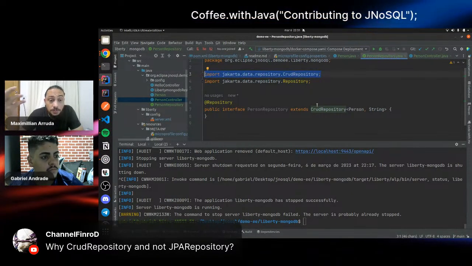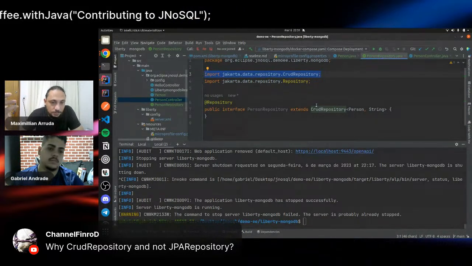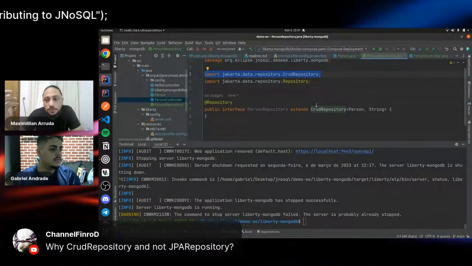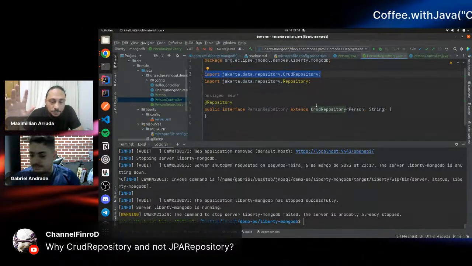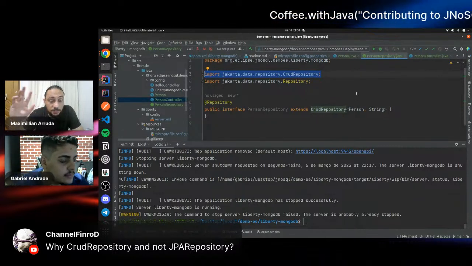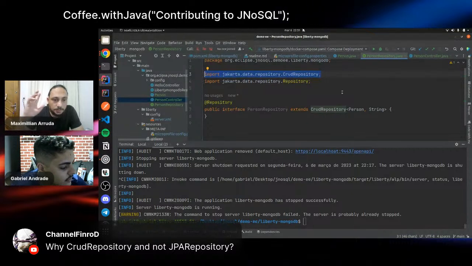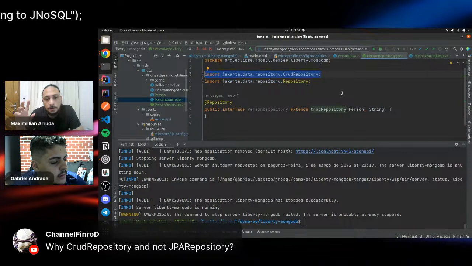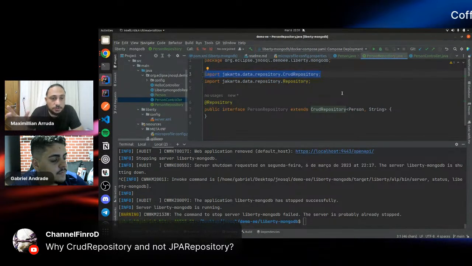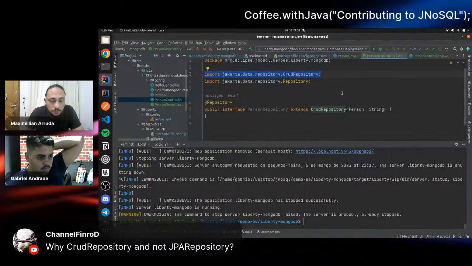We are using the Jakarta NoSQL specification, so it's related to NoSQL databases. The main goal of this specification is to make it easier for Java developers to use NoSQL databases.